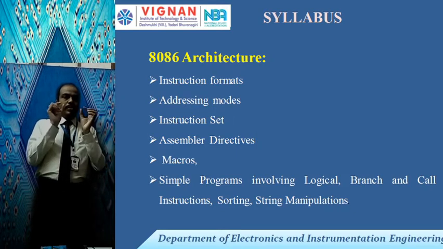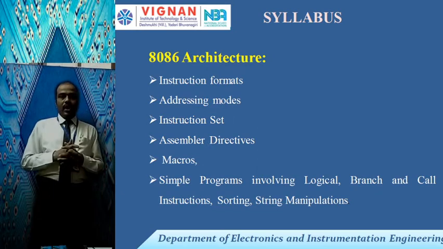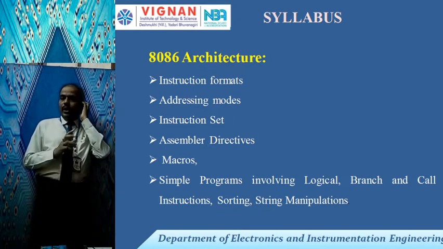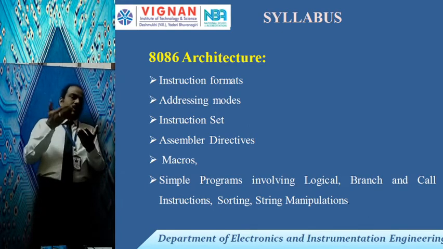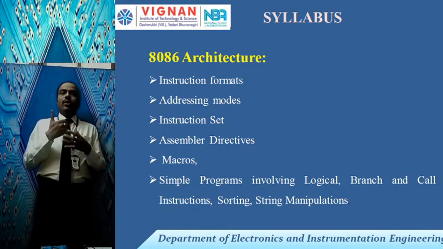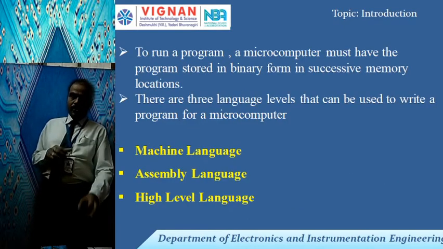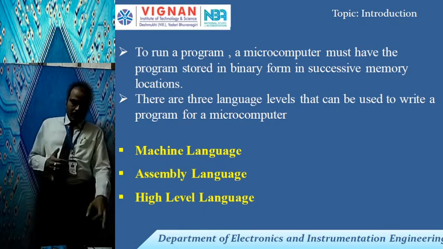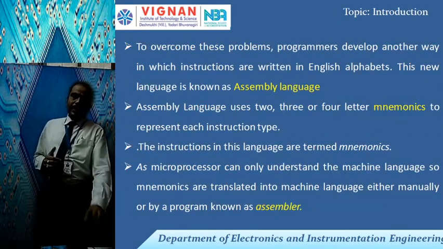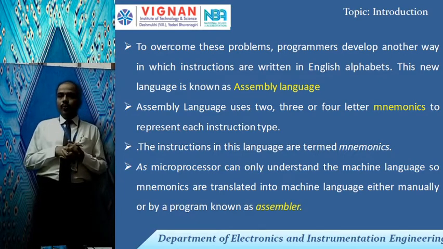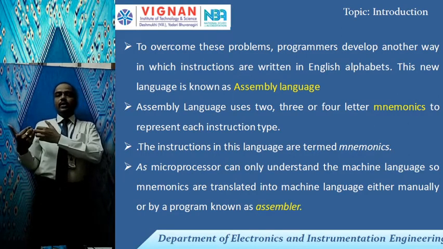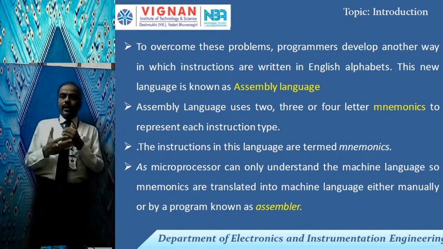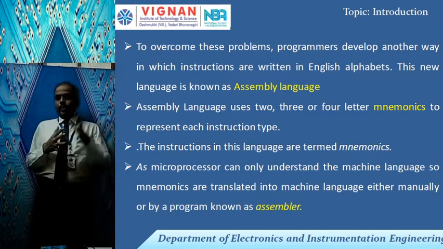Therefore assembly language is a simple, short form of the English language. That's why for most microprocessors we use assembly language. But this cannot be understood by the machine, so we use a translator called an assembler. Similarly, we have high-level language, which uses more English statements than assembly language. Every instruction consists of 2 fields, the opcode field and the operand field. The opcode field specifies the operation to be performed by the CPU for this particular instruction. The operand provides the data, and by using that, the CPU will perform the operation.